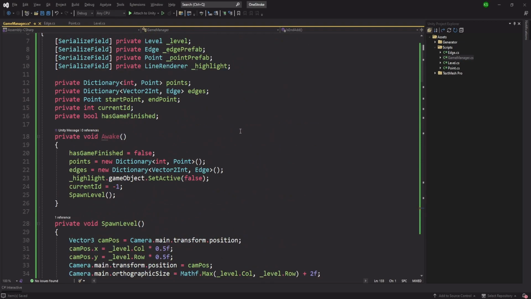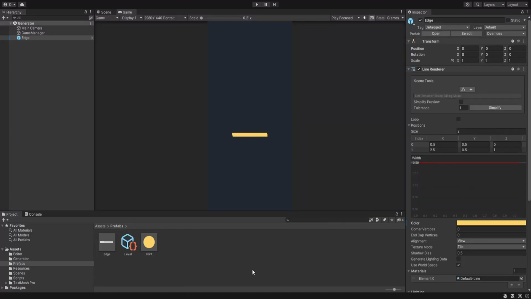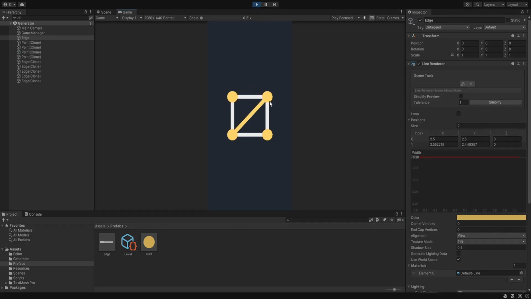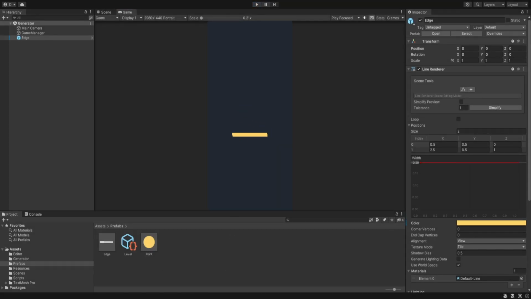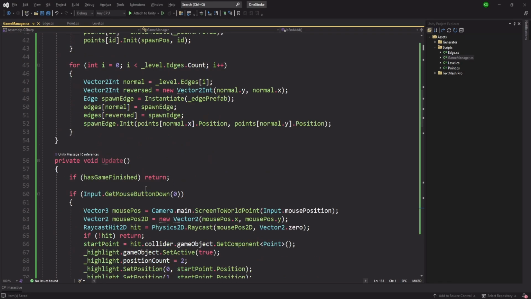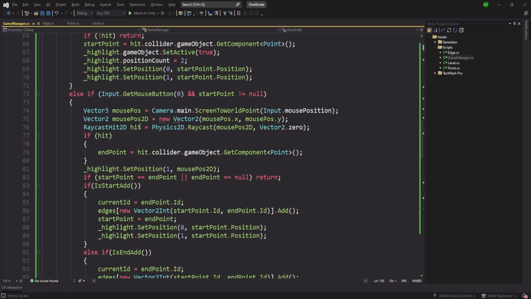Okay, so both of them are done, and I think I corrected everything without any errors. So coded everything without any errors. So I think the game should not crash, and let's see what happens. So we are able to draw, the start condition worked perfectly fine, but our input dot get mouse button. So I think that should be get mouse button of 0, and